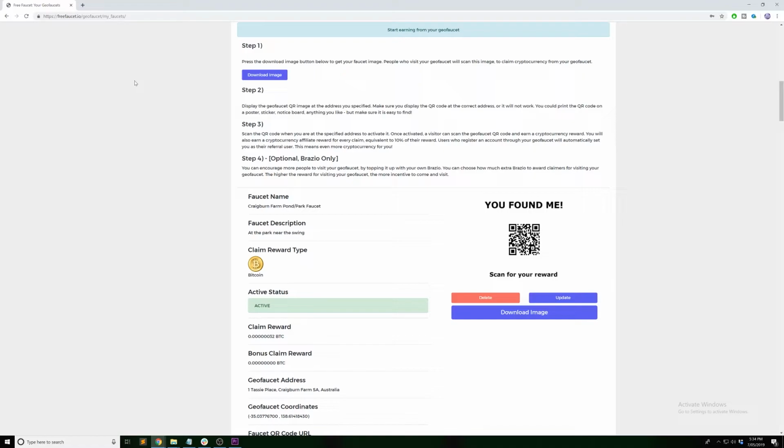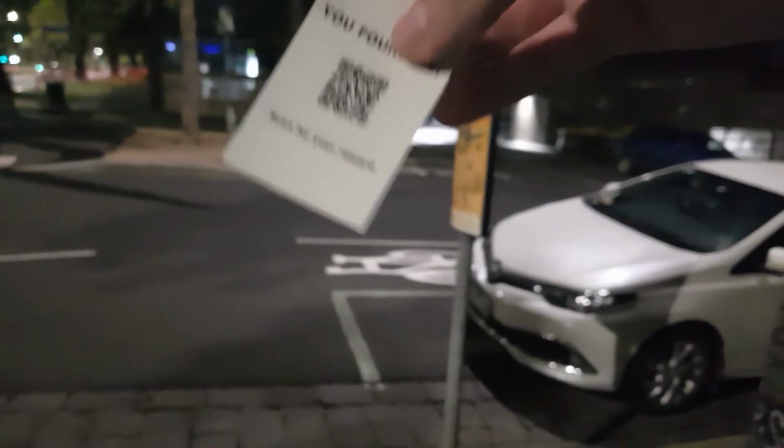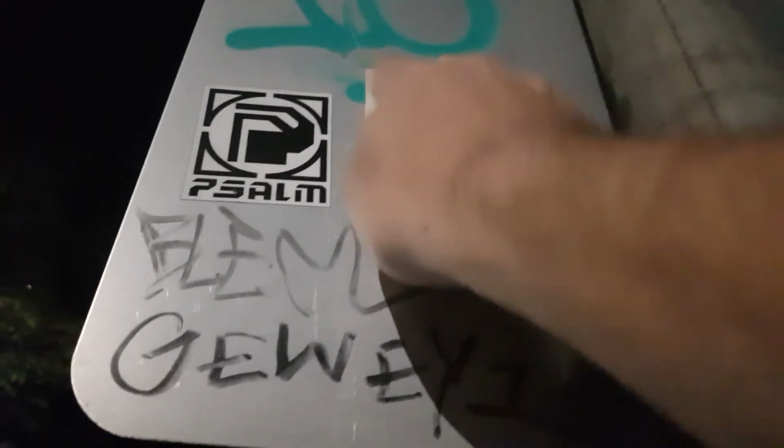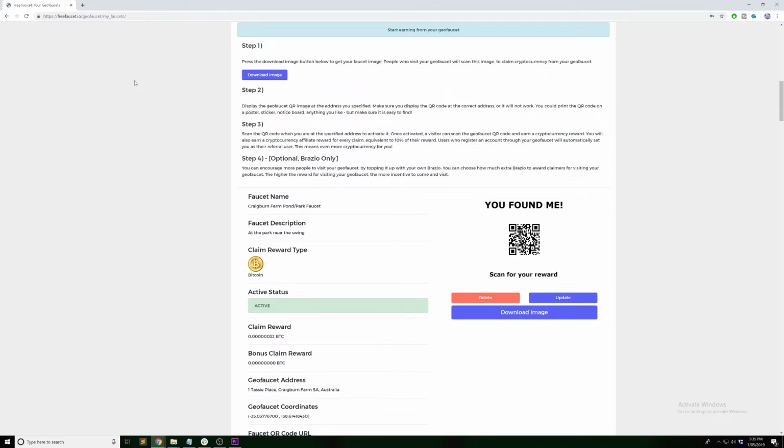So now that you've downloaded your image and printed it off, the next step is to go to the area where you said you're going to stick it up, and stick it up. Make sure you're not sticking it somewhere you're not allowed to, and not vandalizing anything, because the last thing you want is your geofaucet getting ripped down